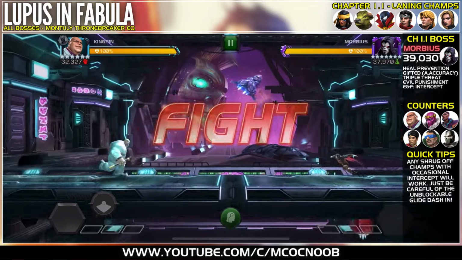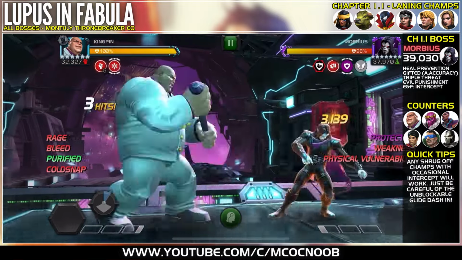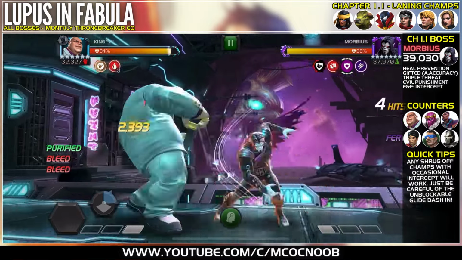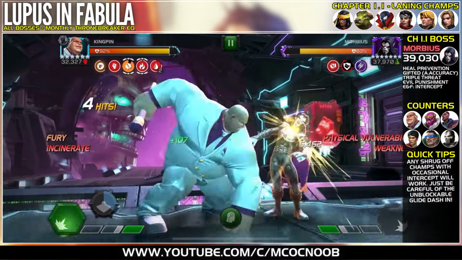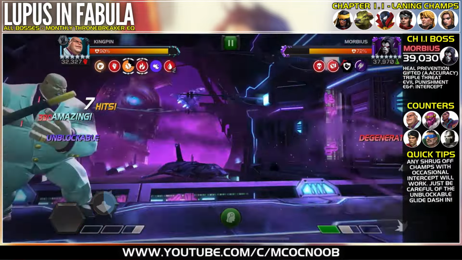We are doing our monthly EQ. This time around the name is Lupus in Fabula. All bosses and monthly quarter EQ. Here we go. Chapter 1.1 is going to be a Morbius with heal prevention, gifted so ability accuracy cannot be